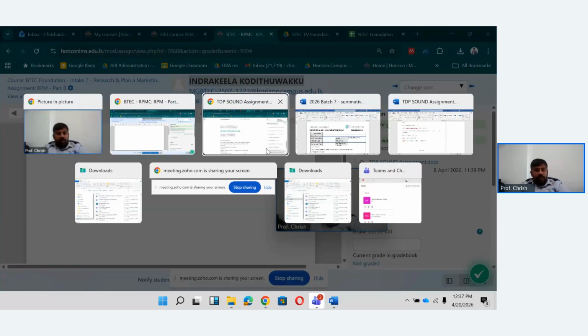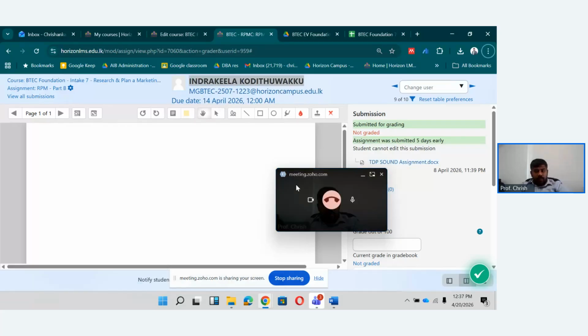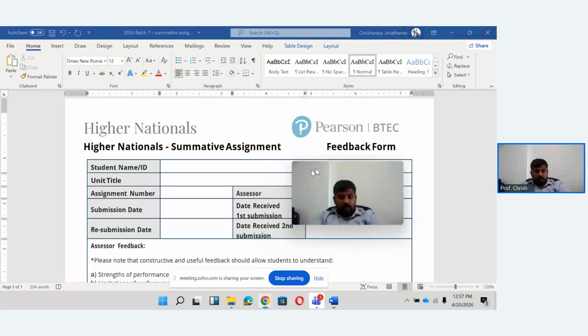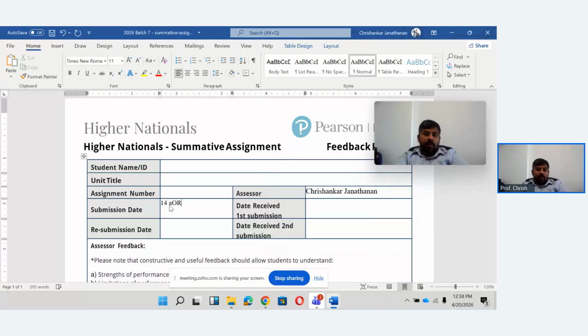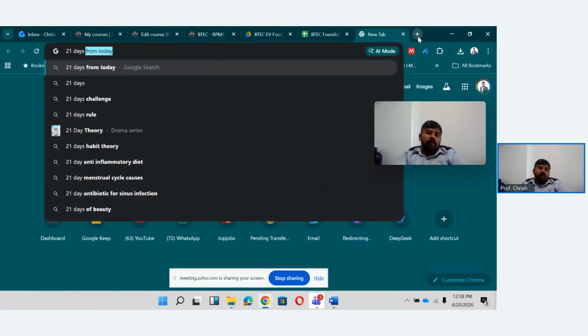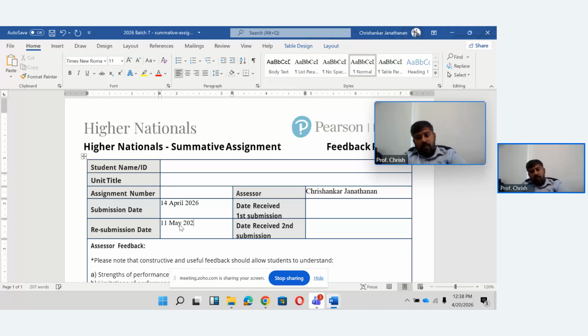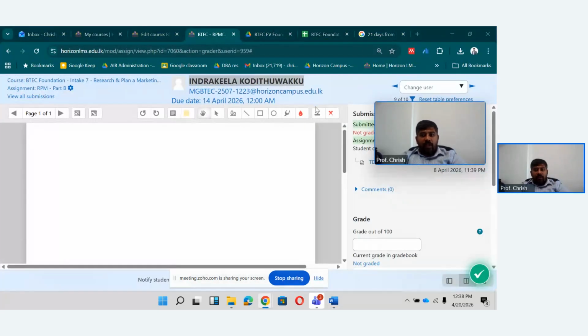Due date was 14th of April. So there is a bit of a form filling exercise to work around with.